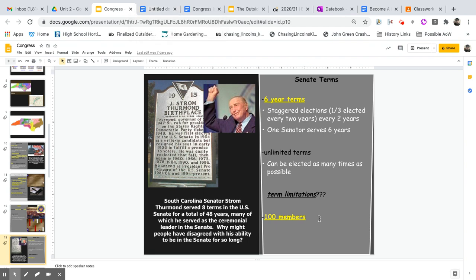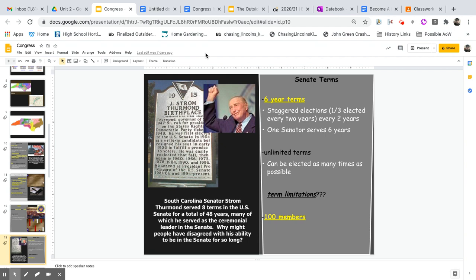For example, this year I think we reelected Thom Tillis. We haven't counted all the votes necessarily yet, but I don't think there's any way for Cal Cunningham to win, and Thom Tillis has declared victory. So we reelected him. He'll be our senator until 2026. But we also have Richard Burr, who is going to retire, and his term is over in 2022. So they try to never have a state reelecting 2 senators at once, although that is happening currently in Georgia, but that's a special situation. Normally